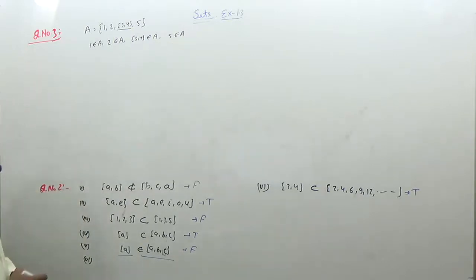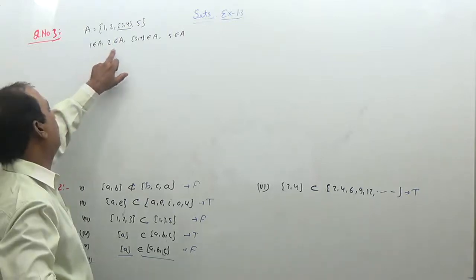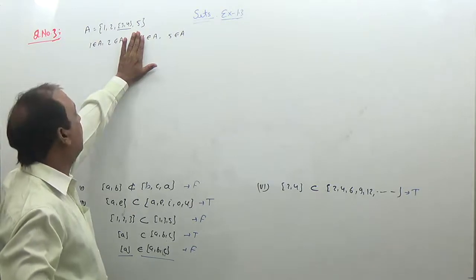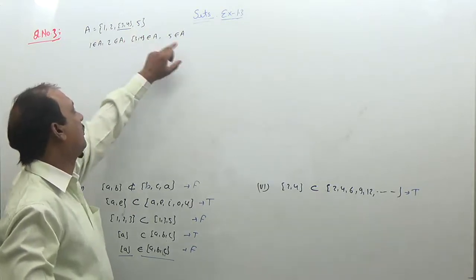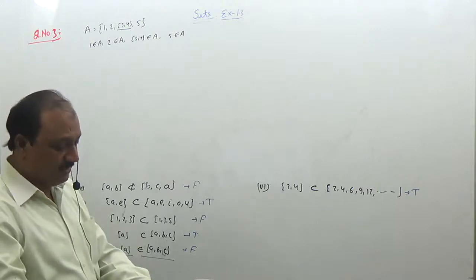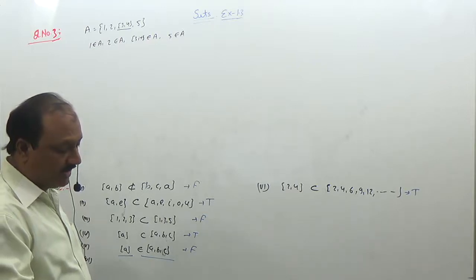तो हमने ये एनालिसिस किया है कि there are the 4 elements. 1 is the element of A, 2 is the element of A. This one is the set, but अपने आप में सेट है, लेकिन A के लिए एलिमेंट है, and 5 is the element of set A. So उसने कुछ हमसे मांगा है यहां पर कि which of the following statements are correct and why.